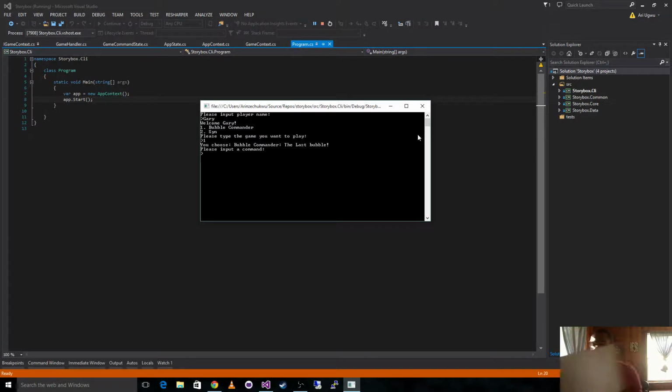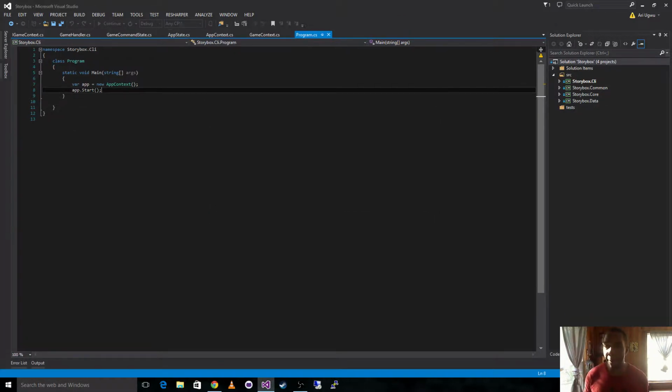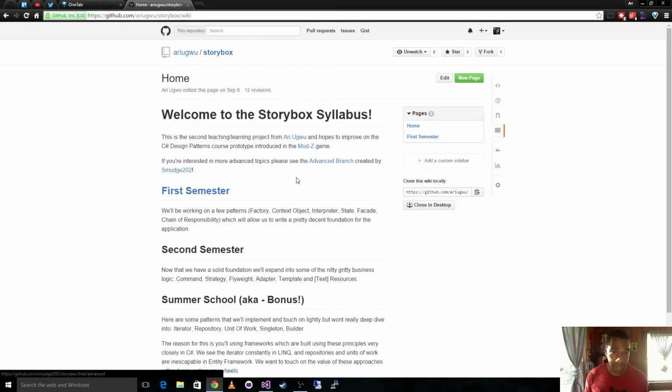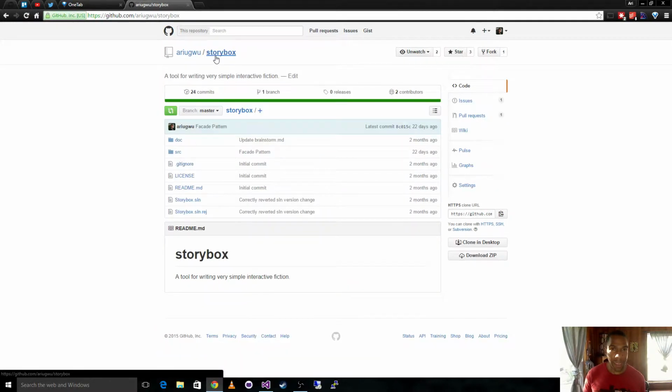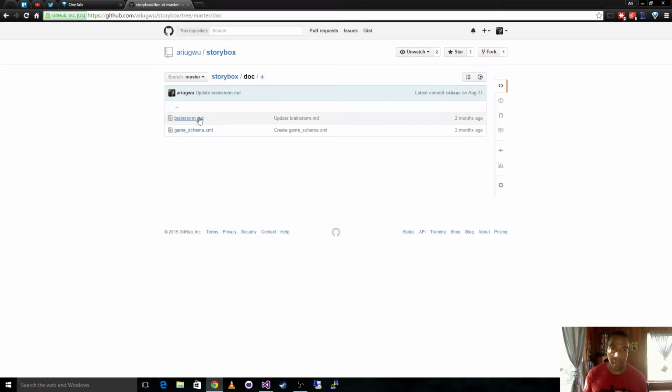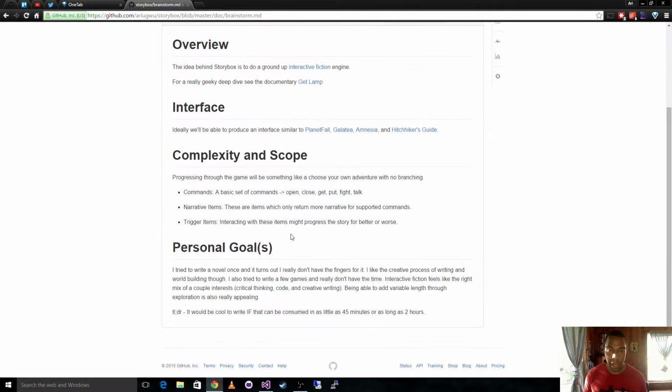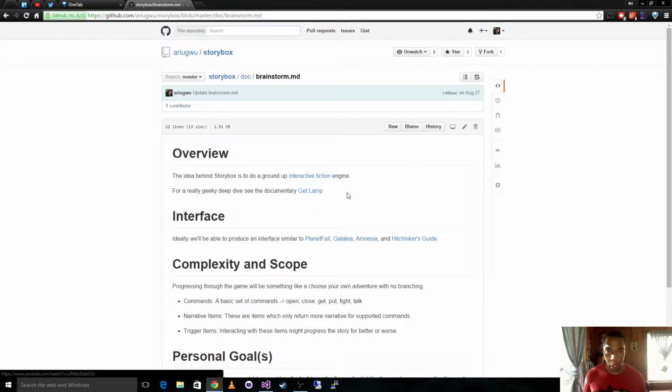All right, excellent. Let's back it up. Since we were going with no sound, Storybox is a bit of interactive fiction, and it allows us to load various games via this interface. So that's what it is. And there's a brainstorming document here that tells you what interactive fiction is and gives you some examples. But more importantly